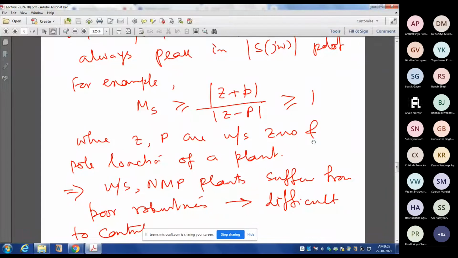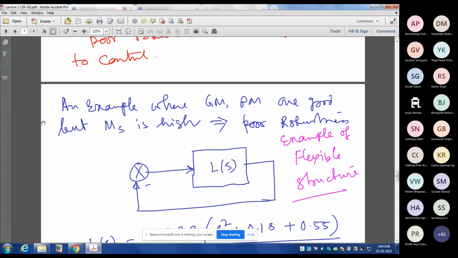So one such case we will consider, an example where gain margin and phase margin are good. What does good gain margin and phase margin mean? Gain margin greater than or equal to plus minus 6 dB. Plus minus, because there is a positive, or upper side, gain margin and a lower side gain margin. So upper side gain margin of 6 dB means gain